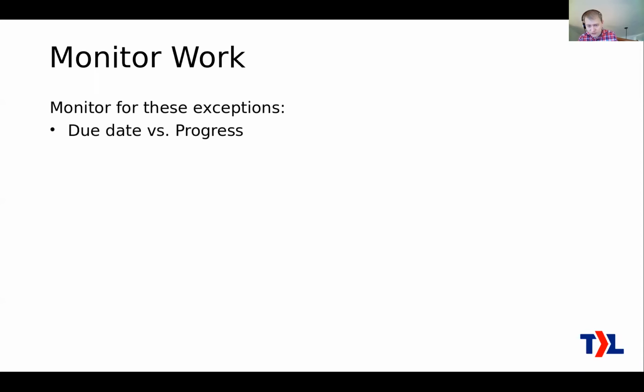Here are some examples. The due date versus the progress on the ticket. If a ticket is already overdue, you want to know about that. Whatever happened there, you've got to work on that to fix it. Or if it's getting close to being due and you're not seeing the progress it needs, then you want to be aware of that. You want to be looking at the hours logged on those tickets versus the budget. That refers to one of you mentioning having trouble understanding how much work is actually happening on these tickets.